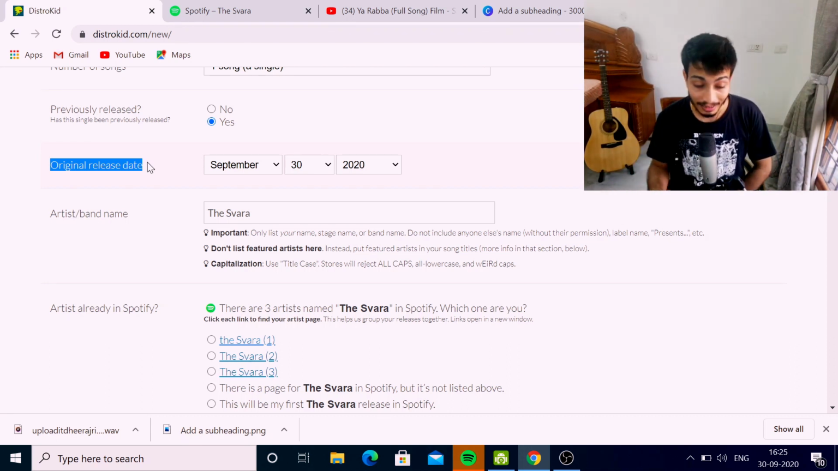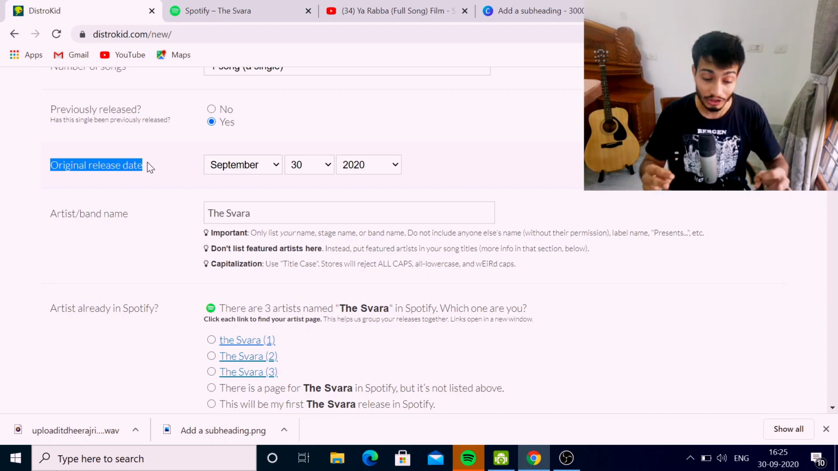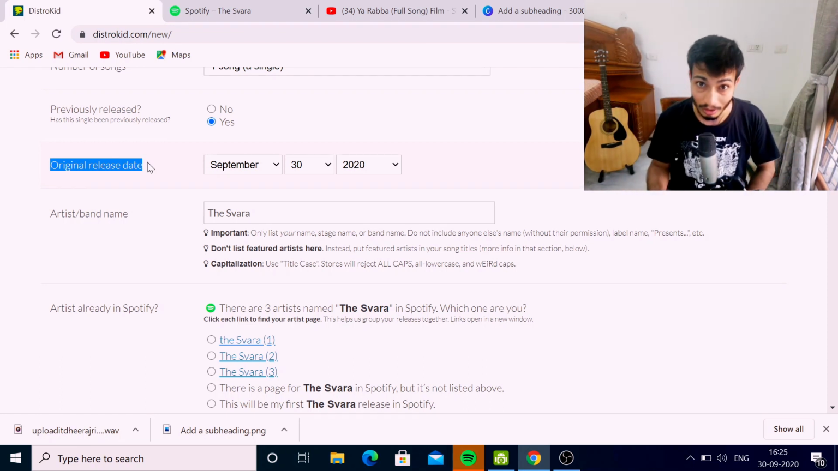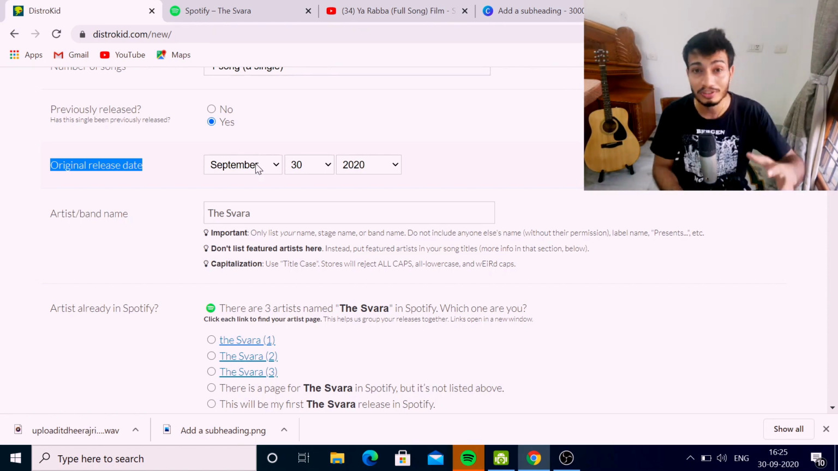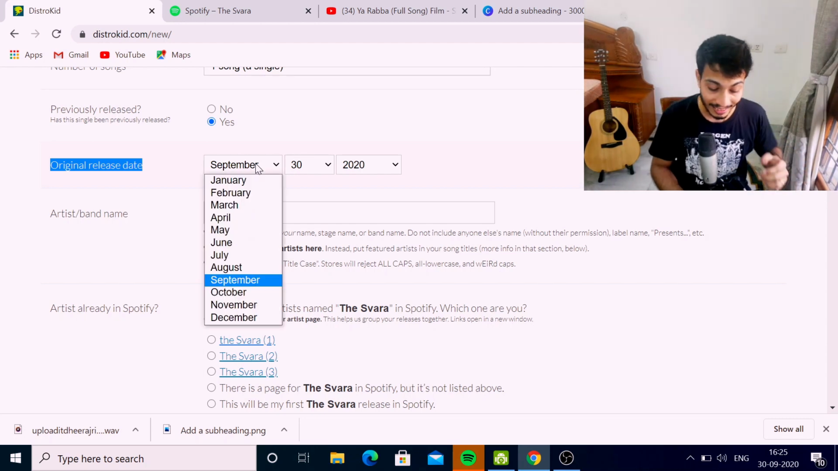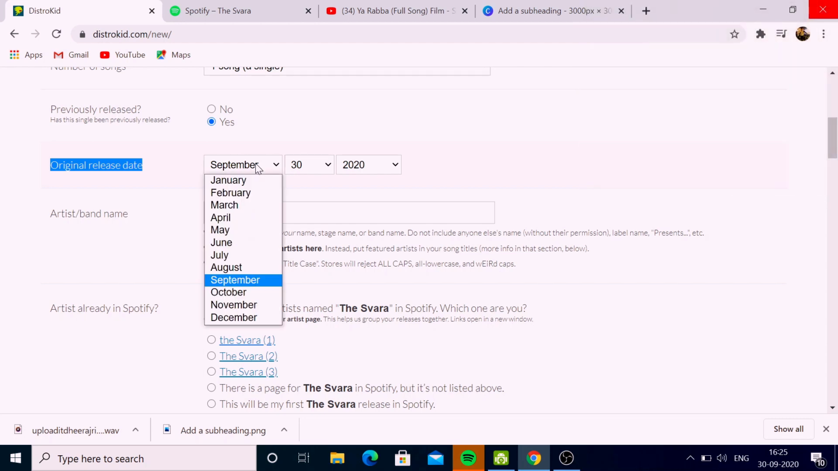This is the date that you want to mention here, the date you want your music to be live on Spotify or Apple Music or all the stores all around the world. So you have to select this date, and this date will be the date when your music will be live on all the stores. So please make sure that you mention the date you want your music to go live on all the stores. So here I will select a date which is at least 15 days from now,